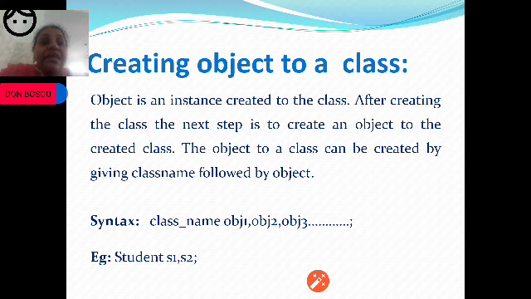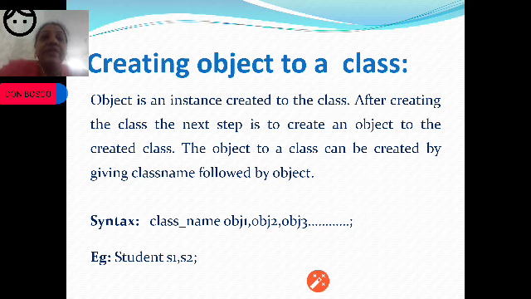As we say, a class is the blueprint. Once you define the class, you can define n number of objects for it. For example, student: first we create a student class, then we create two instances, that is two objects, S1 and S2.